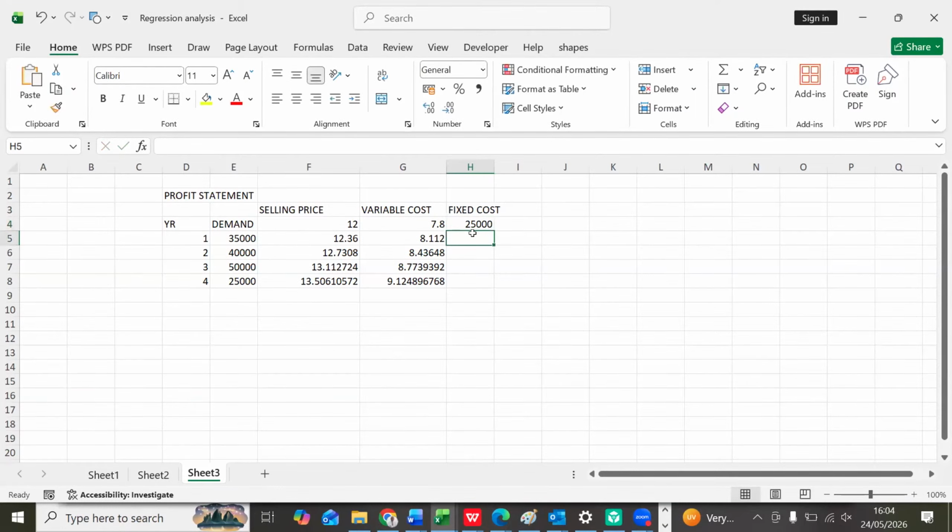So you come here and say equals, you pick this 25,000, times 1.06, like that. Then I Control Enter. You see Control Enter, ladies and gentlemen, when you use Control Enter,